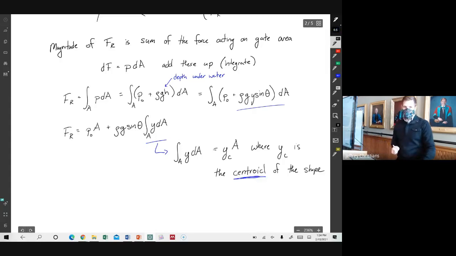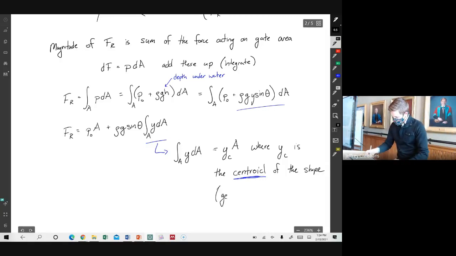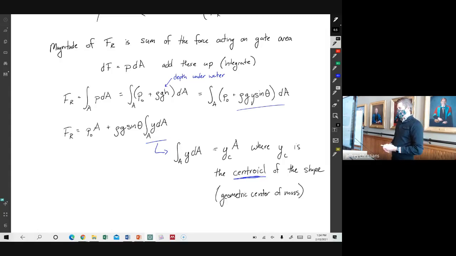Does everybody know what I mean when I say the centroid? It's like the geometric center of mass. I think you guys are all used to thinking about center of mass. This is the geometry version of center of mass. So if everything is constant density, it's just where is the center